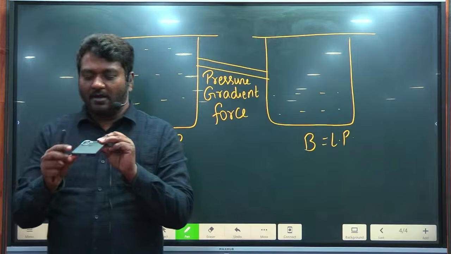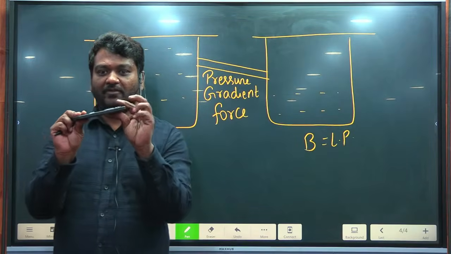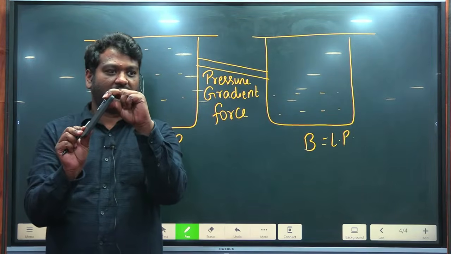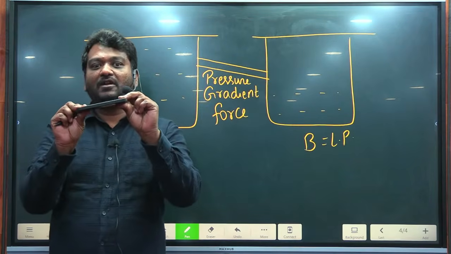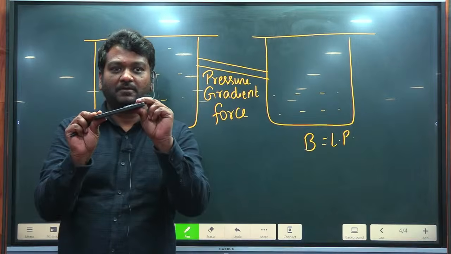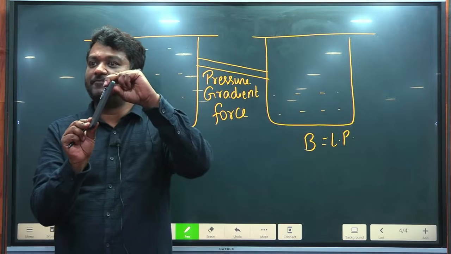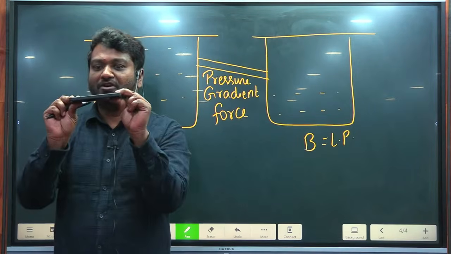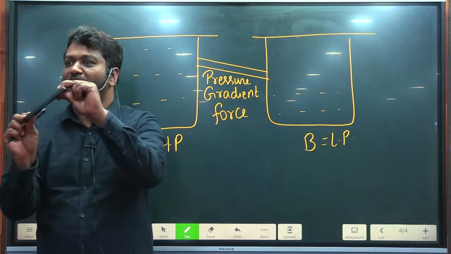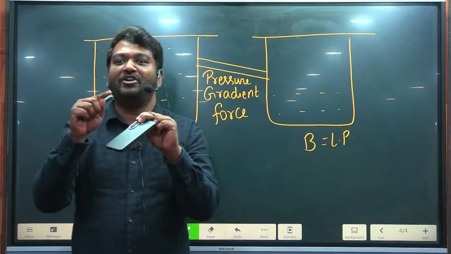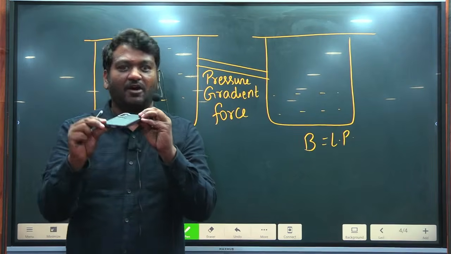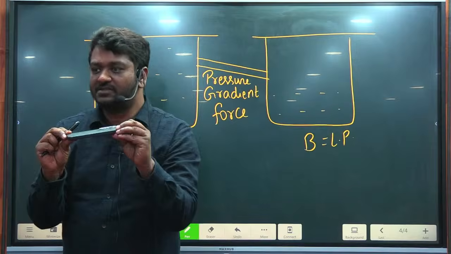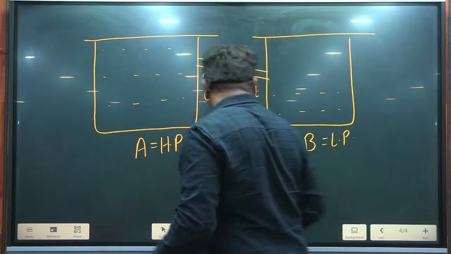Now I'll give you two examples. You see here, like this, everyone, like this and this. First is like this, second is like this. Can I call this as gentle slope? This is called steep slope. Everyone, gentle slope, steep slope. Now you tell, when will wind move faster? Steep will it move faster, or gentle will it move faster? Steep. Please see here.